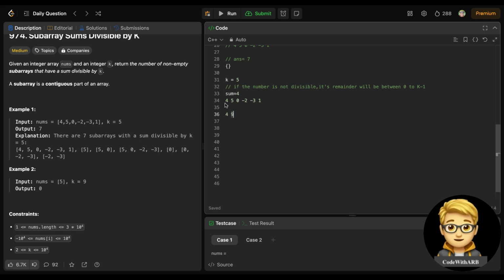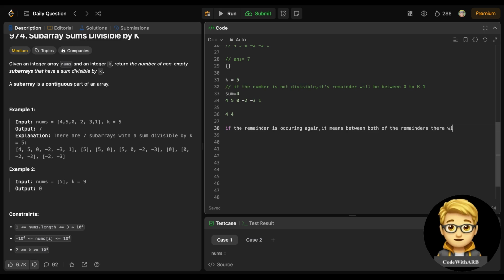So this 4 plus 5 is 9, so I will take the modulus with 5. If I take modulus with 5, it becomes 4, right? And if you see, this 4 has already occurred at a previous position. So what does that mean? It means if the remainder is occurring again, then between both of the indices, both of the remainders,